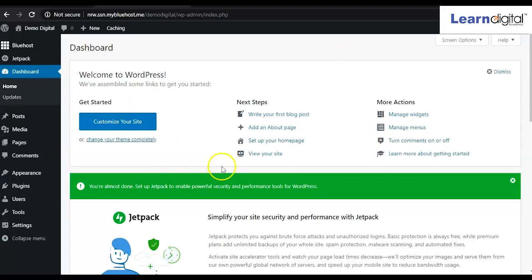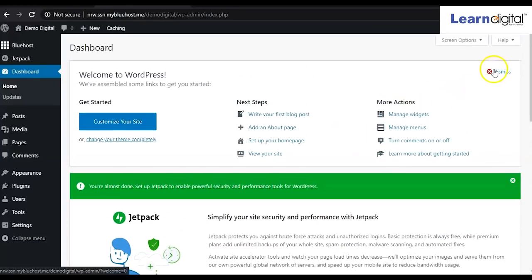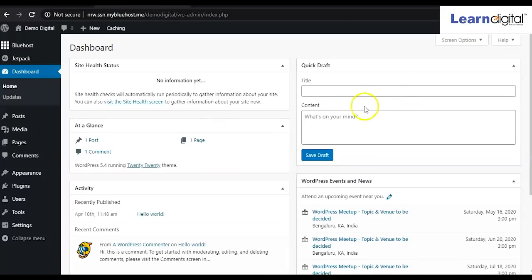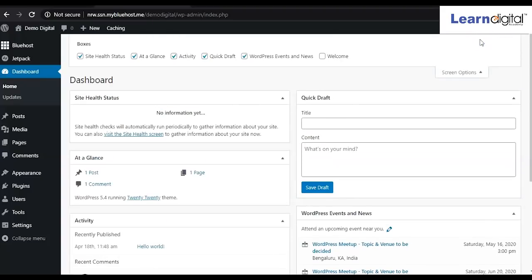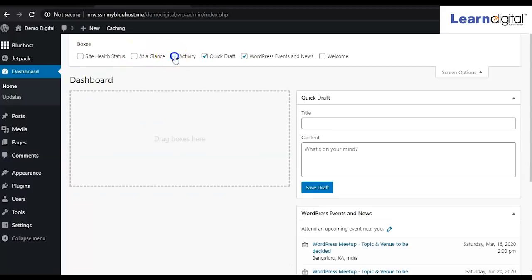So this is the general notification by WordPress. If you want to enable it, you can. So from time to time you will be getting notifications, or simply you can dismiss this notification as well. And here at the top, like screen options, right? If you want to hide these things, simply you can uncheck this one like this.